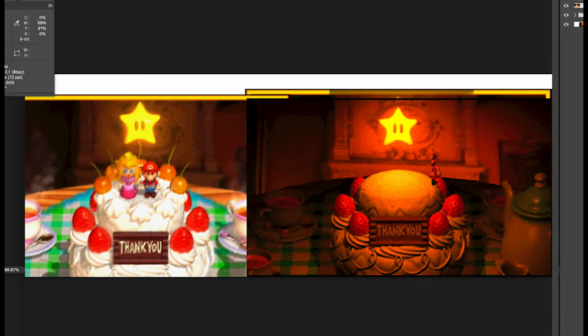So what are we looking at here? We're looking at a wooden table with a checkered cloth, a green and blue checkered cloth. There's a cake, there's teacups, teapot, etc. in the foreground. And the cake is decorated with strawberries, a thank you sign, cherries, and the star, and some figures. But in the background, there are, I don't know if they're doorways, if they're other little tables, I don't know what they are. But in the center of the background, there's what appears to me to be some kind of wooden cabinet